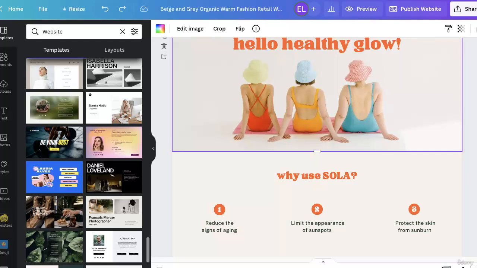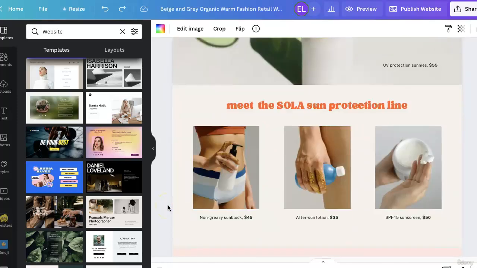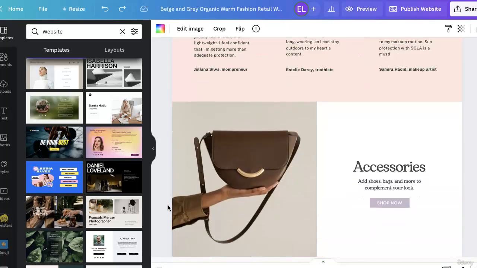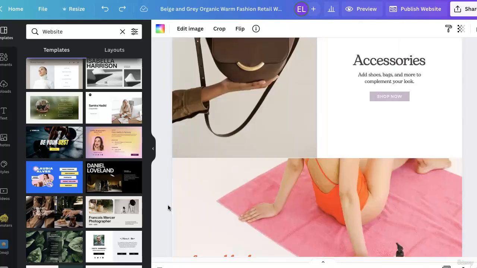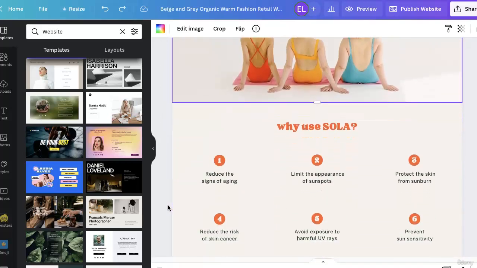Okay, so now we're going to say that we've gotten our template to where we want in terms of functionality. We have the basic pages put in, and it's time to start working on design. If you do not have a very established brand, or you just aren't feeling good about what you have so far, you want a little bit of inspiration, you can go over to this side where it's the black bar